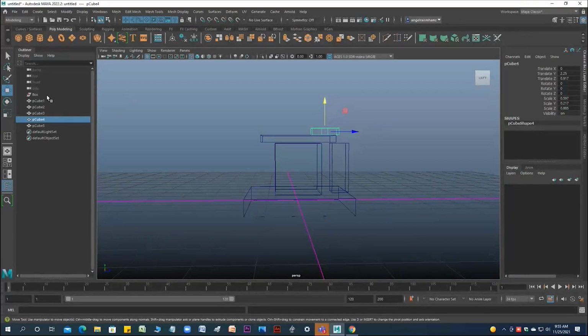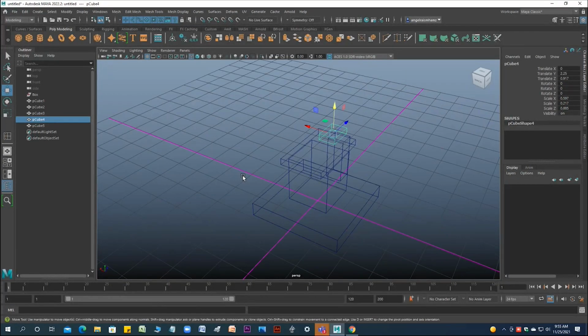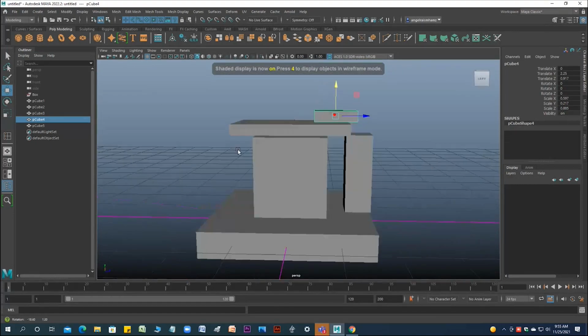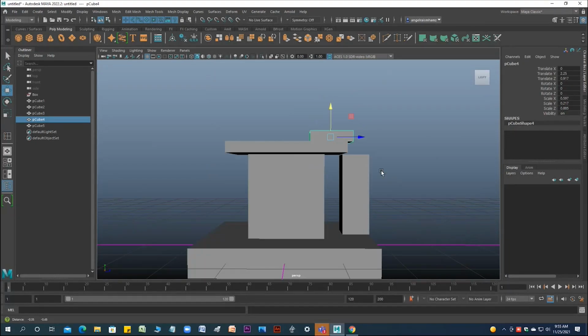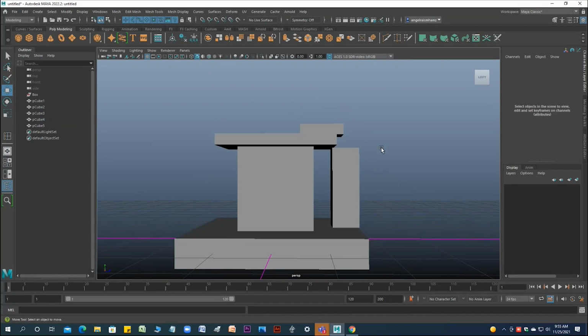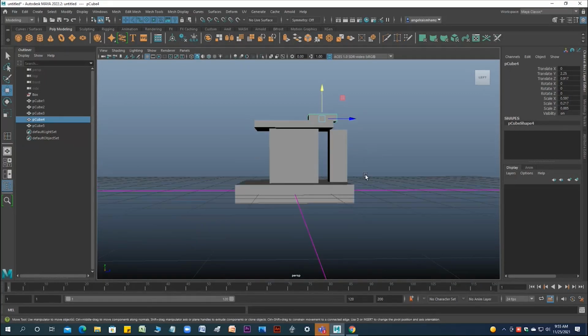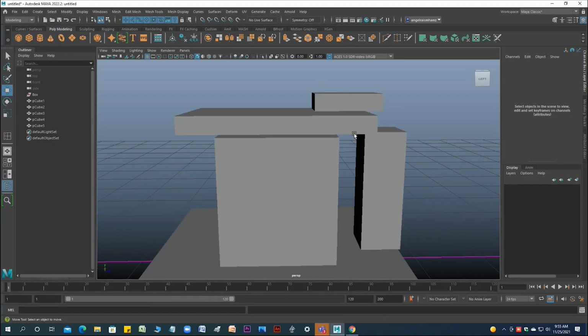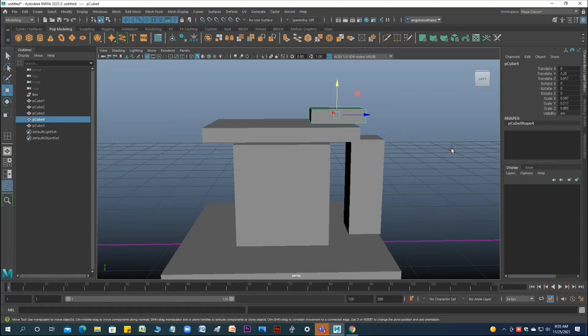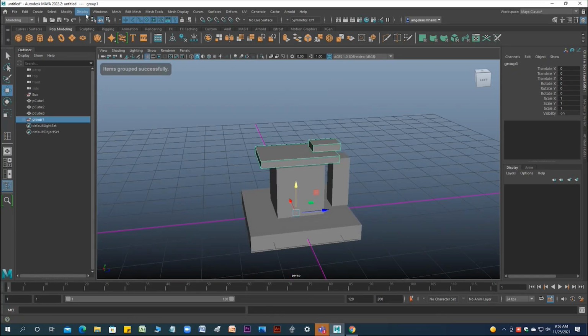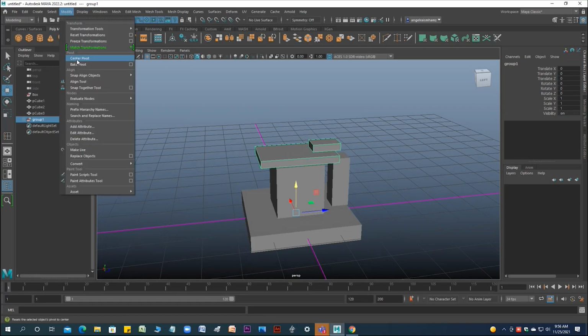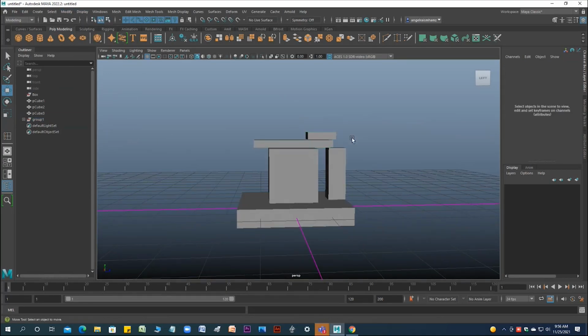You have to pay attention in the outliner to what kind of hierarchy is going to be created. I'm not giving any names, just to save time. Otherwise you can identify this as box 1, then this is 2, this is 3, then 4, and so on. Shift select this, then Control G. Center pivot, so it comes back to here.